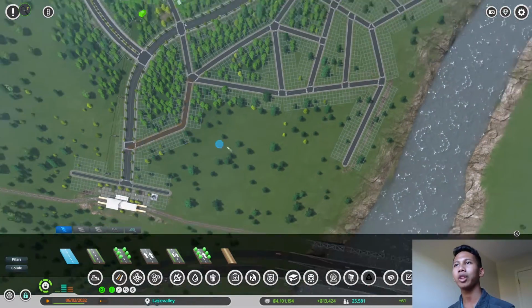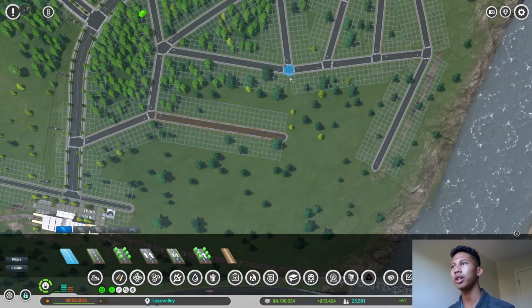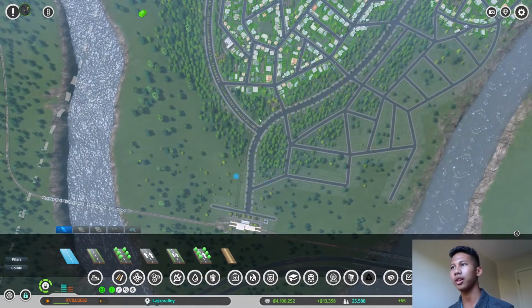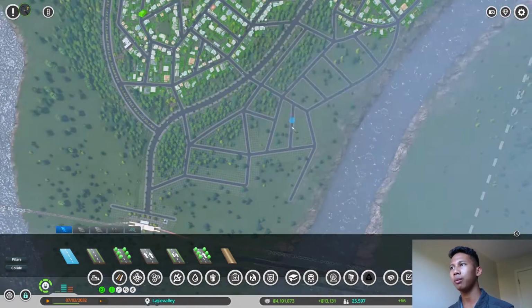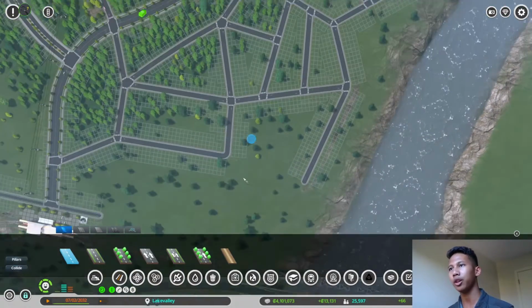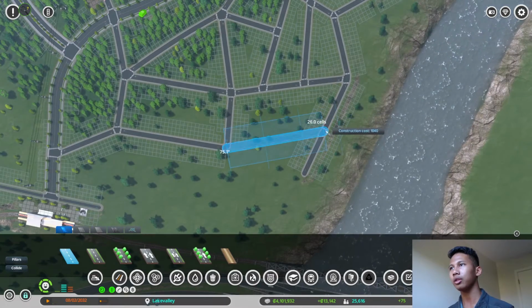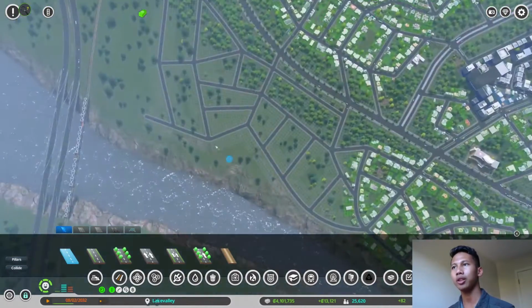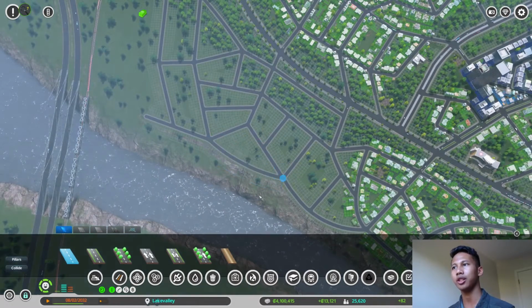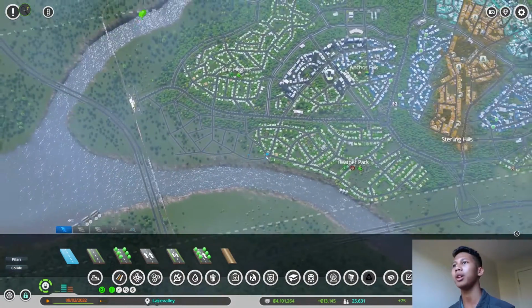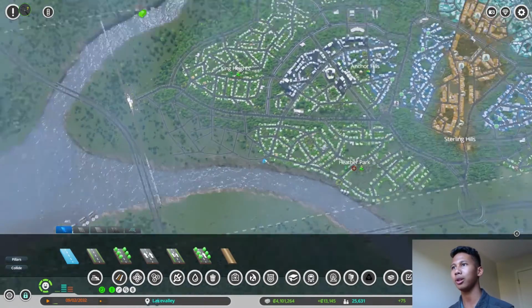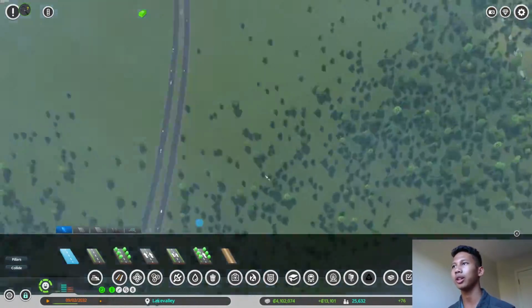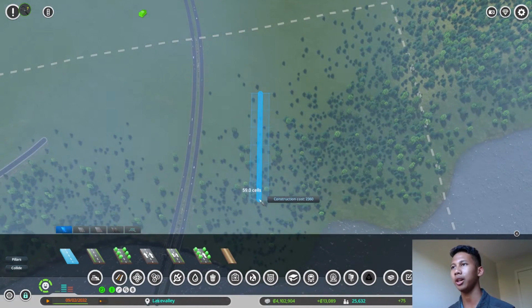So yeah, and another tip, generally you want to keep your avenues clean. So when you're zoning, shy away from zoning on the avenues and just zone on the roads. As you can see, this layout doesn't look half bad. You could just add some more roads here and there, but if you look from afar, it actually looks pretty good. And compared to something like a grid, which I had here but I deleted,